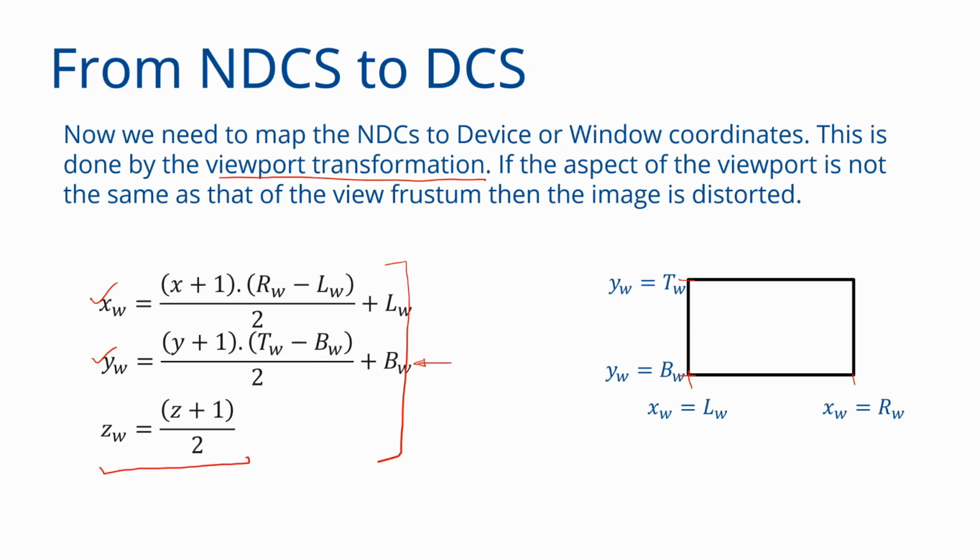This is also one of the reasons why we did not directly apply the projection to the object in VCS and drop to 2D. Because if we did that, we would lose this information. We would lose the Z coordinate. And the Z coordinate is very valuable to us because it lets us figure out occlusion and visibility. This transformed Z value, where we are transforming Z to (Z plus 1) by 2, is known as the pseudo depth.